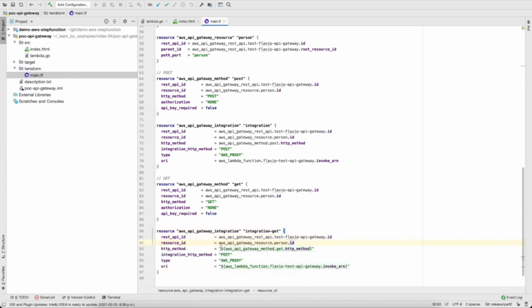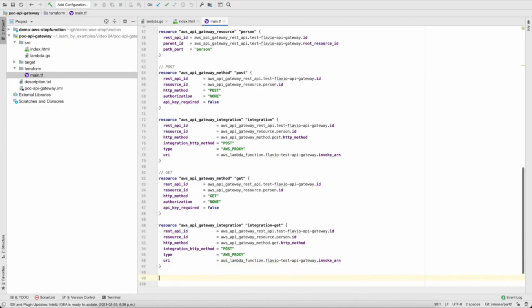So let's keep this way. And the type, of course, needs to be AWS proxy, and the URI is the same URI of our Lambda, because our Lambda is handling both GET and POST. We could point it to a different Lambda here if we want. Okay, this is everything we need to do to create the API gateway and define the integration between the request